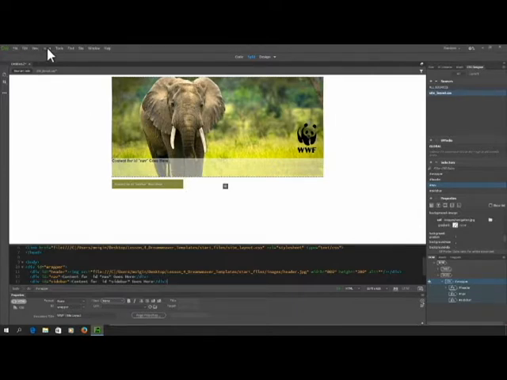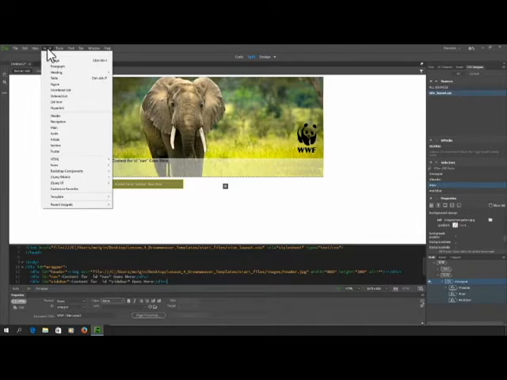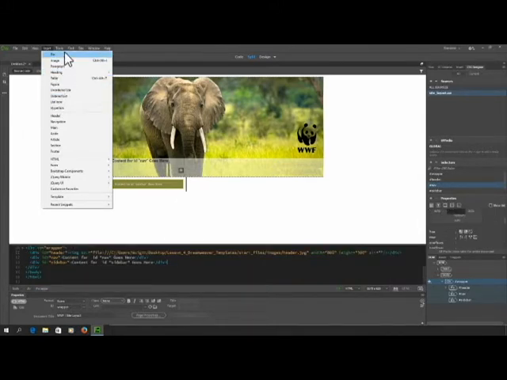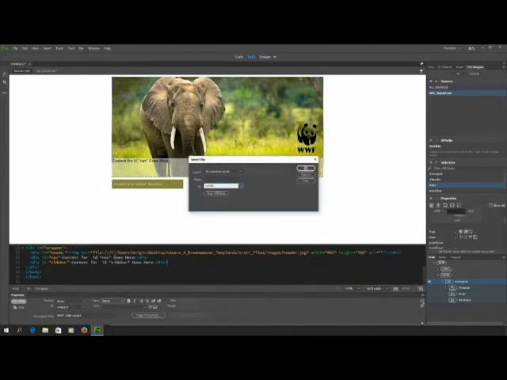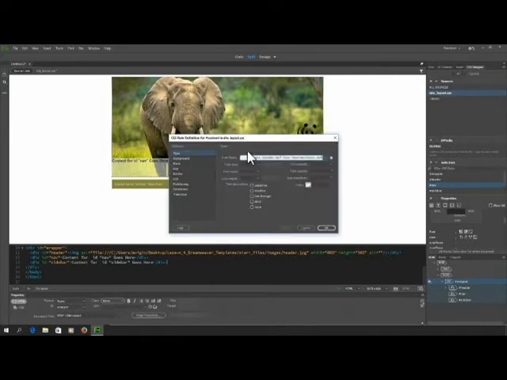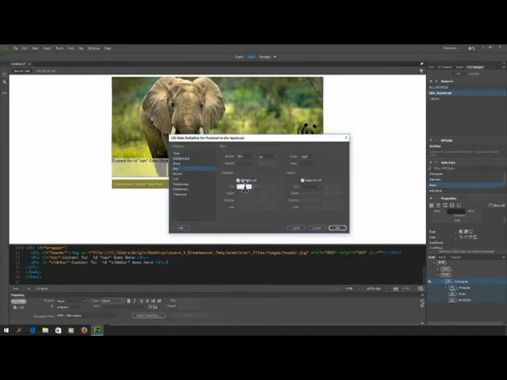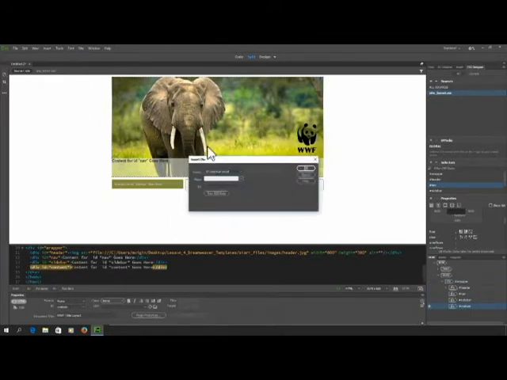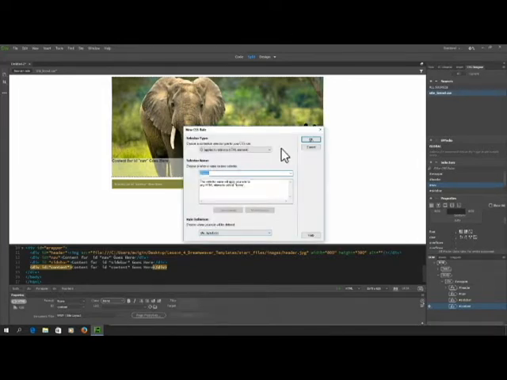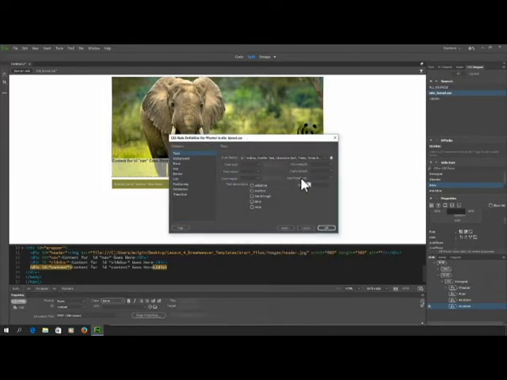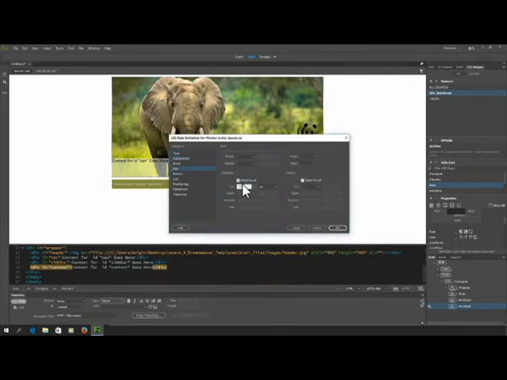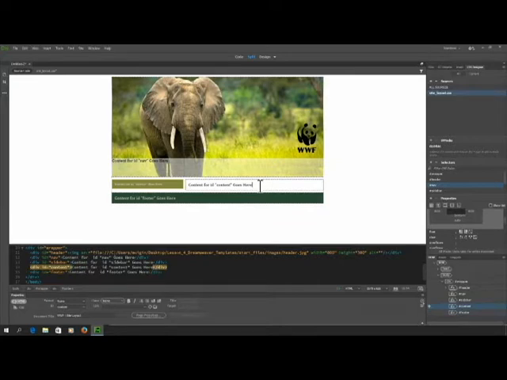I might just rush through a couple of quick steps just so we can see if the template is the same, but I'm sure it is. So I'm going to put in another div. Alright, so once I've finished those, then if I wanted to save it as a template